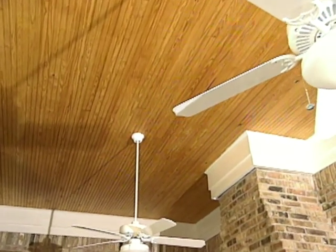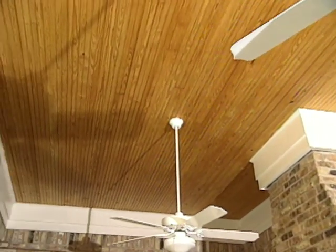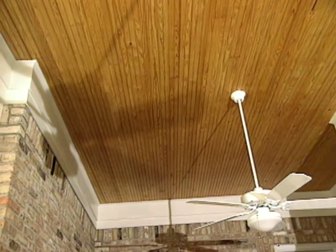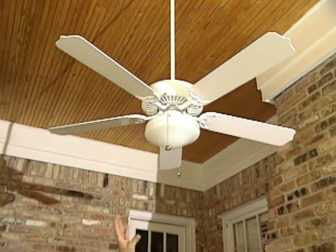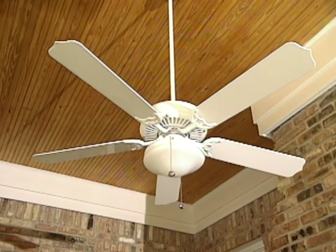And we've saved the wood grain look by applying 3 coats of polyurethane. We still have a little bit of a sheen, but overall we still have that nice, beautiful wood grain shining through. And it's really a nice contrast with all the white walls that we have with the framing that went into the screen porch. Also, the white fans that were selected, the ceiling fans, are a nice contrast,